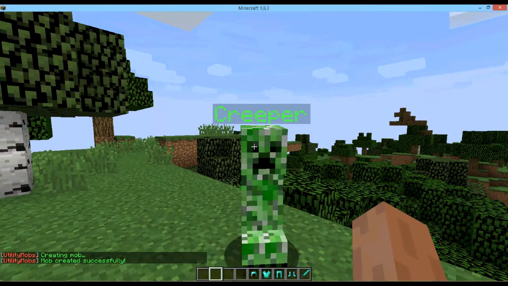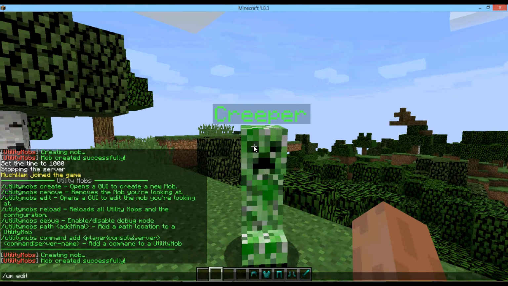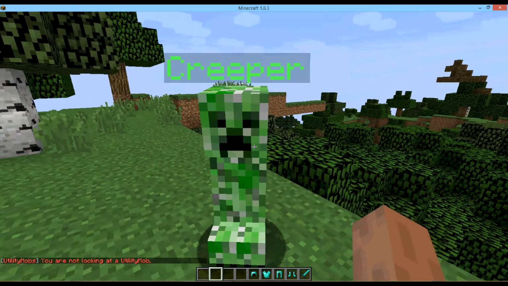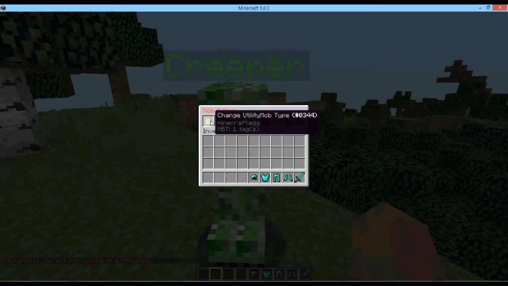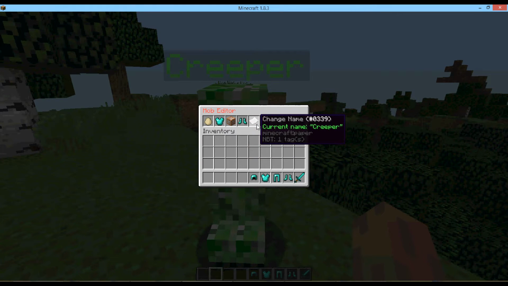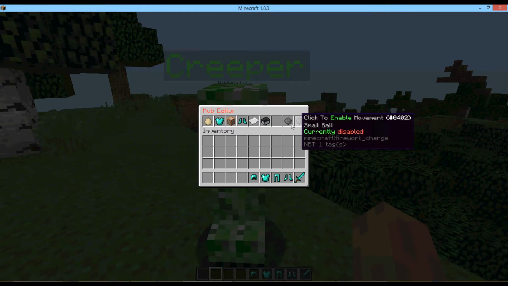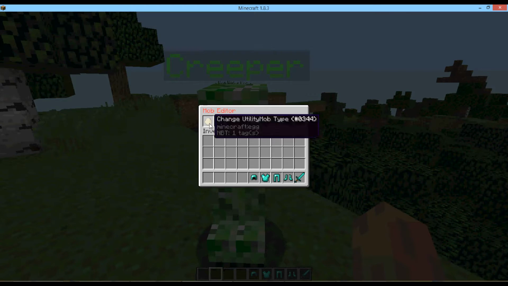To edit this mob, you press shift and click the mob or type edit while looking at the mob. I can change the utility mob type, I can edit the equipment, I can edit the commands, I can create a new mob path, I can change the name of the mob, I can change the speed of the mob, I can click to enable the sound of the mob, and I can click to enable the movement of the mob. I will change this mob to a villager